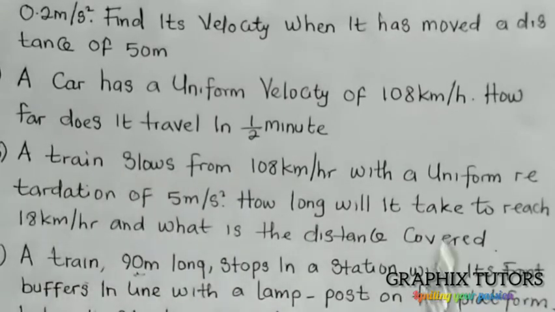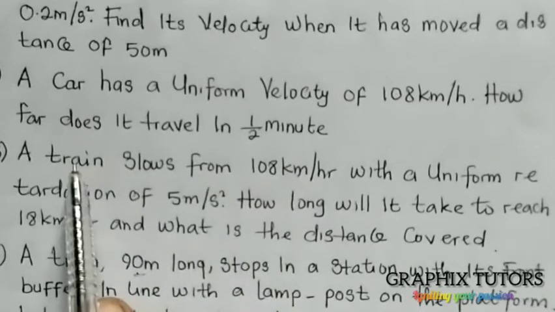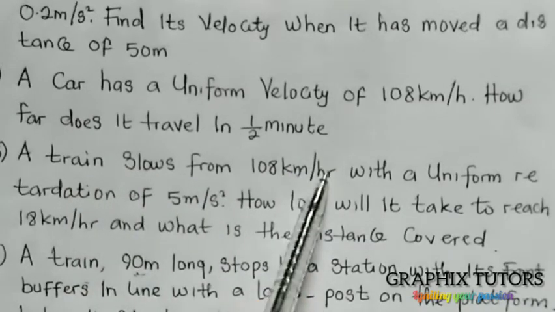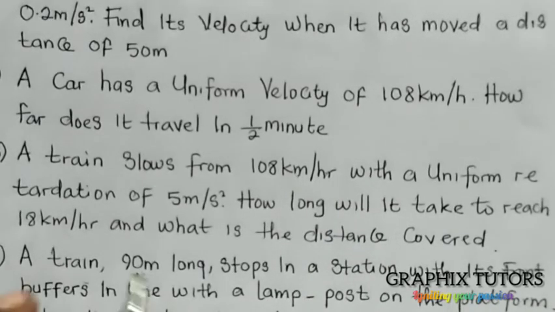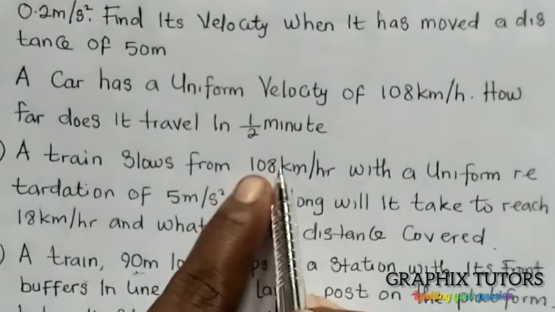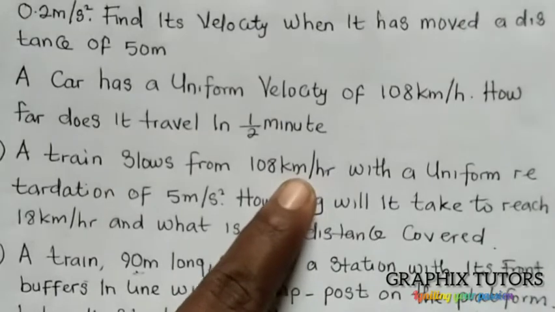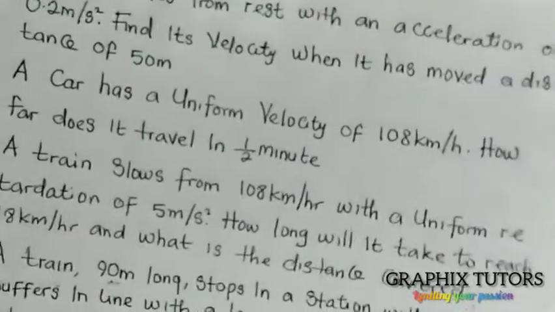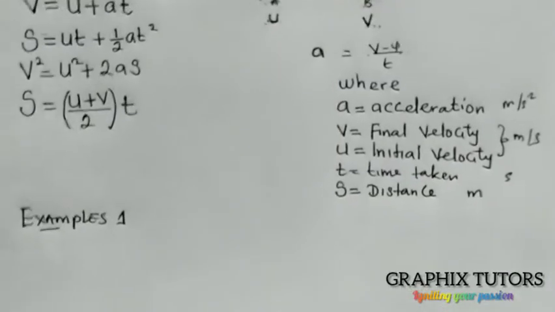A train slows from 108 km per hour. That means the actual motion, the train was not at rest. It was already moving, right? So it slows from, already is 108 km per hour. So when you hear the word from, anything from means initial. So we say that the u here,